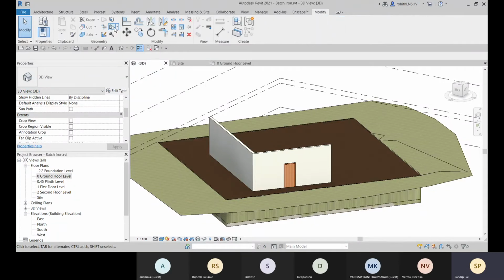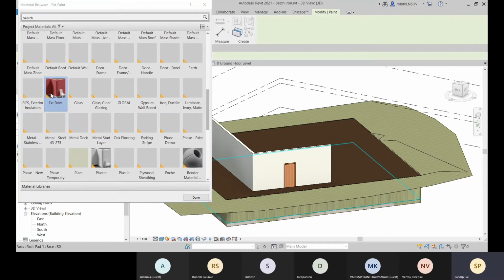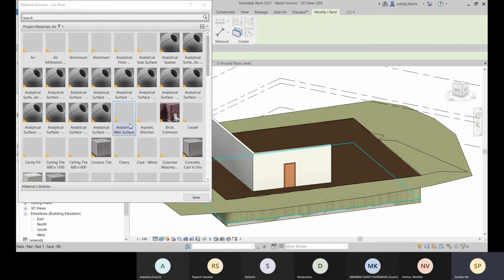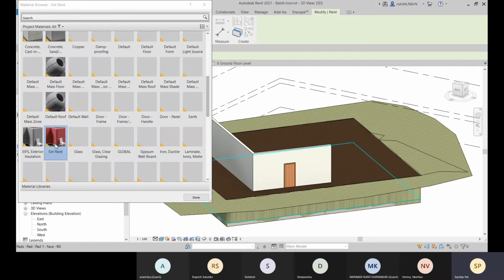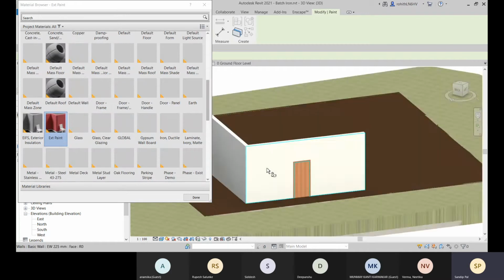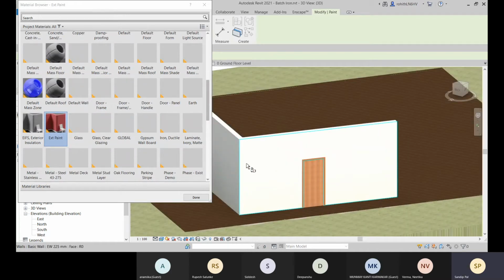And let's go to the modify option. And here we have this paint. The shortcut is PT. And you can see the last created material is selected right now, or else you can choose from the list if you want to apply any different material. Now this is selected. I'll apply the paint on this surface, and see that Revit is so intelligent that it's skipping the area for that wall.